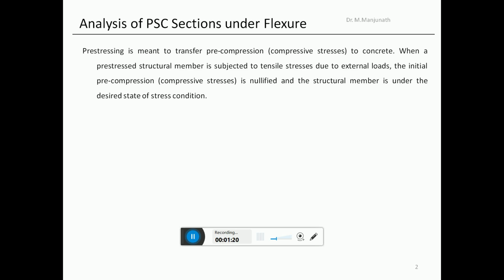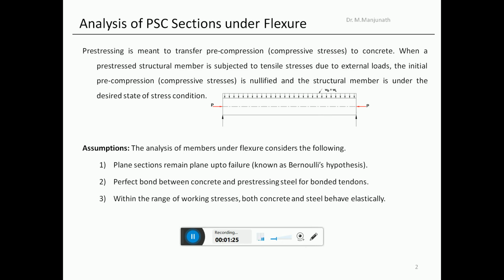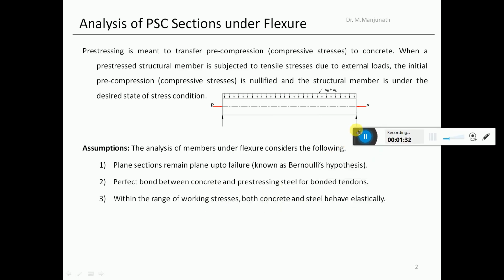And for doing this analysis, we have certain assumptions which are very much similar to those in pure bending, that the sections remain plane before and after bending. There is perfect bond between concrete and prestressing steel, and in both concrete and steel, the stresses are within the elastic